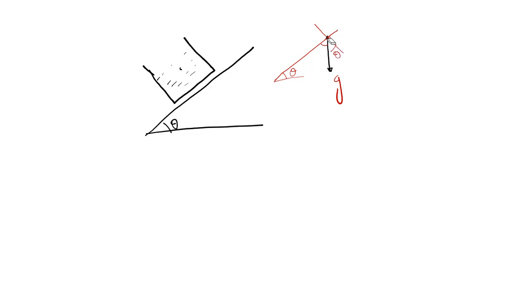So if I take the components of g, this will be g sine theta and this g cos theta. So what will the particle experience? This whole bucket will start moving with acceleration g sine theta. And g cos theta will act as a gravity term. It's not an acceleration, right? It is resting, so it is not moving in this direction, right?